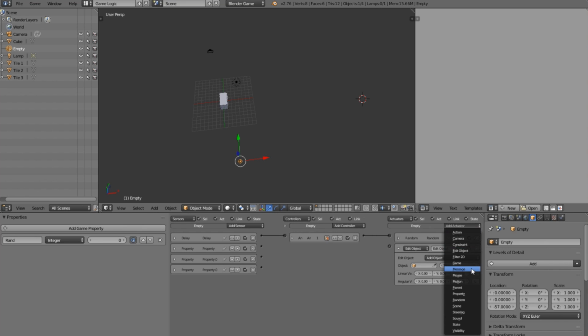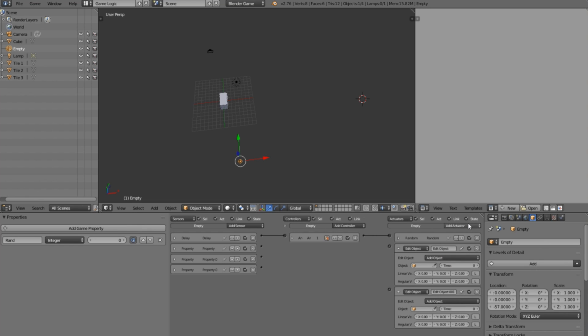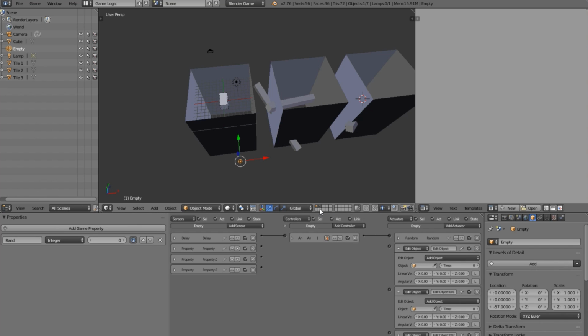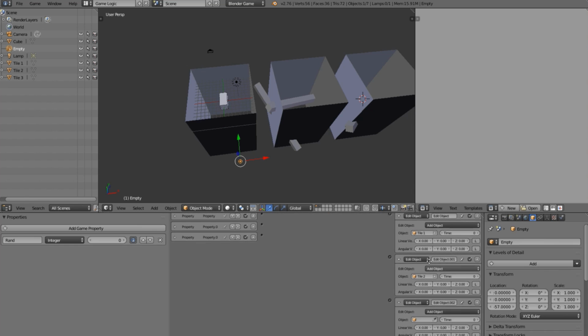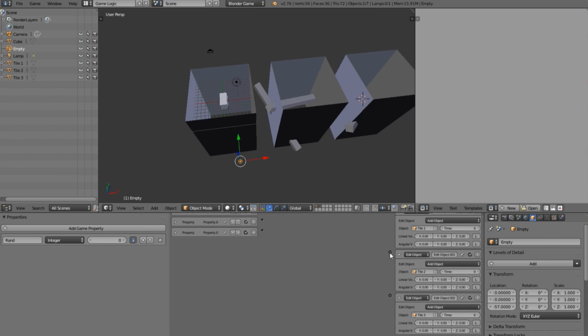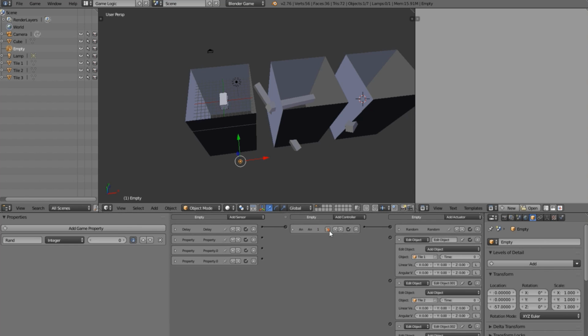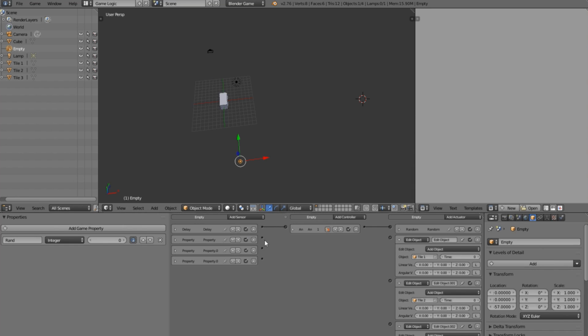So we're going to add an edit object, not 2D filter, edit object. And now we're going to select our second layer. They'll show up, and I'm just going to use this eyedropper tool, so it's a lot faster. So let's select these. Alright, so now that is done, we can come back here and connect all of these up. So now what you see is if we close these,